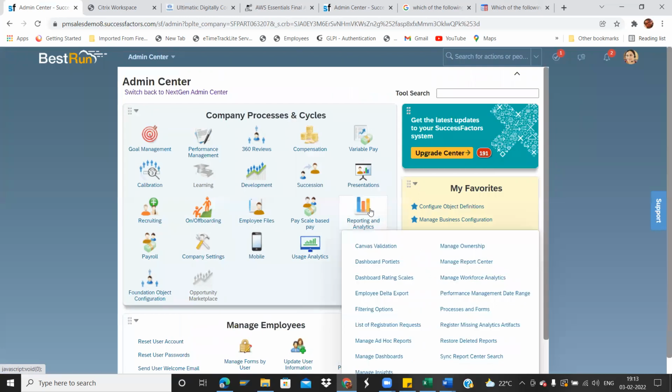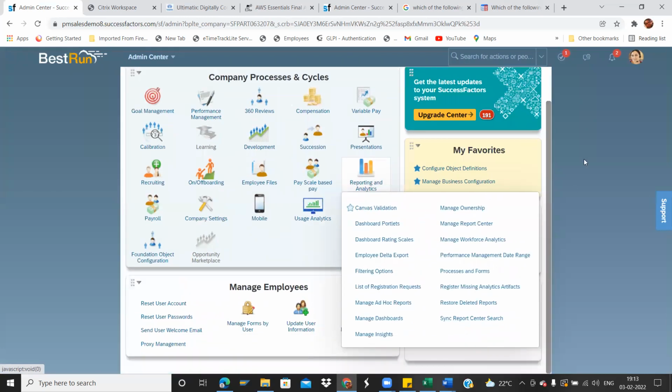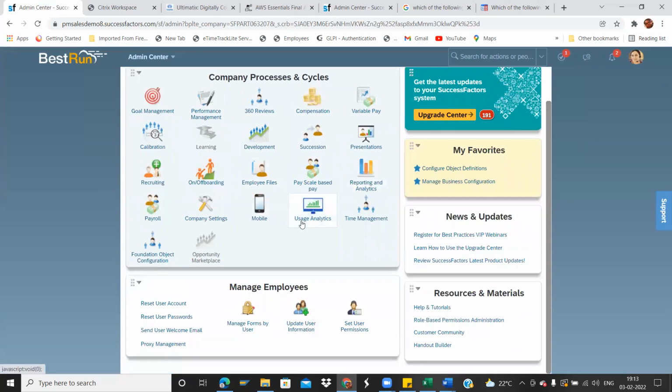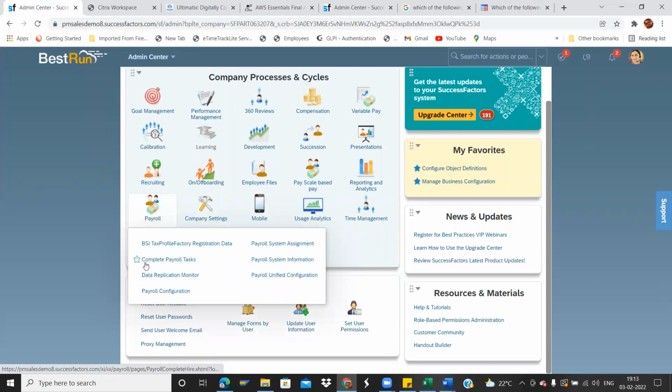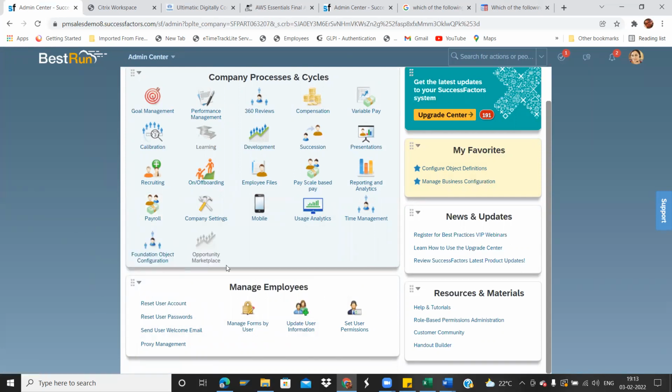Then you will be having, last, Reports and Analytics. If you want to extract reports, this will be covered at the very last. So these all are Employee Central related things. So this is EC Payroll. We have not yet activated payroll in this, and in SuccessFactors, payroll will not run. EC Payroll is a totally different module, so you have to integrate. The API consultant will be integrating it from the SAP HR on-premise system. So right now we are covering only Employee Central related configurations.